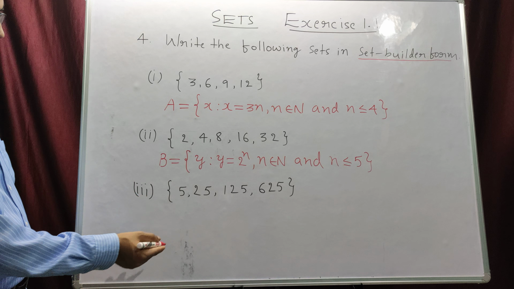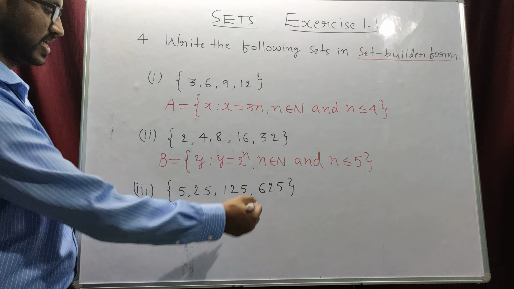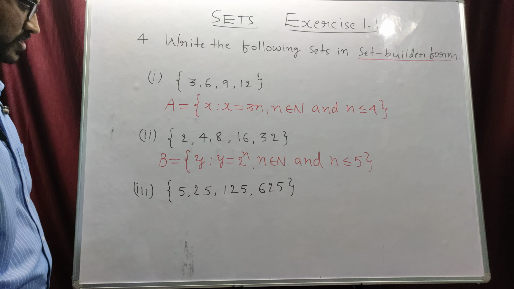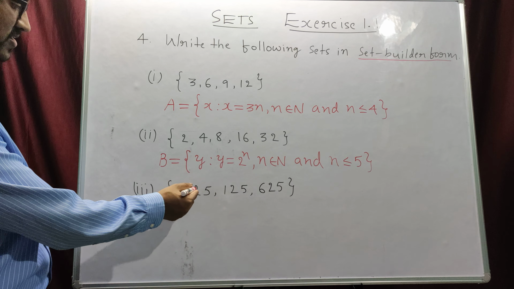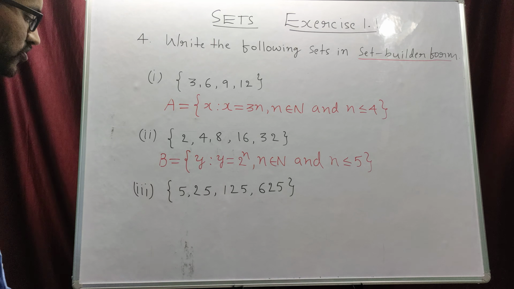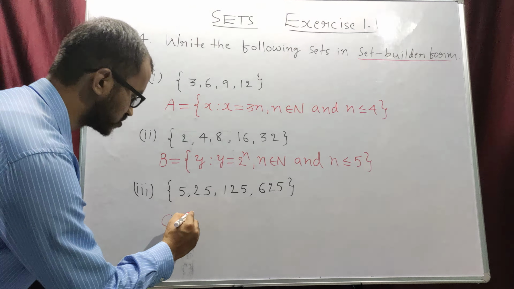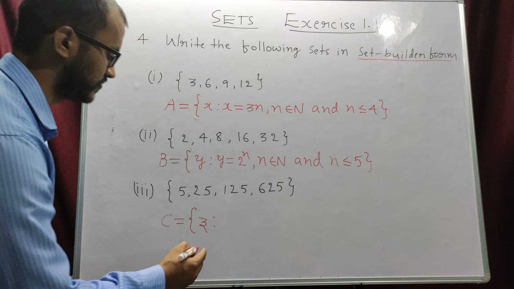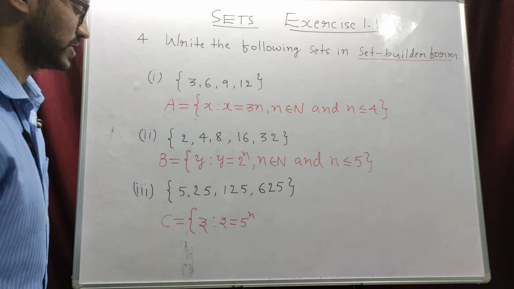Again, third question is similar to the second one. Here also the elements 5, 25, 125 and 625 are what? Are powers of 5. So 5 power 1, 5 square, 5 cube, 5 power 4. So in the set builder form, I can write this set as some C is equal to set of all z such that z is equal to 5 power n,